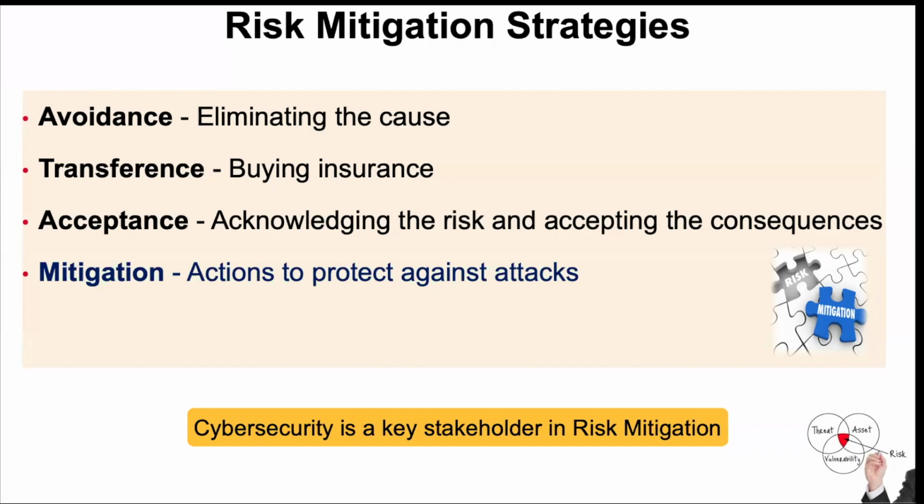Let's say that's not an option. What's my next option? Well, we do what most all of us do. We transfer it. We buy insurance. So now I've transferred my risk to USAA or State Farm or Allstate. Or like I do with my old vehicles, we accept it. You know what? We're just going to park out here and pray to God that we don't have a big hailstorm. Or what we really do in cybersecurity, we try to mitigate that risk. How do I mitigate it? Well, I can get a carport, park my car in a garage. Those types of things. And now I've mitigated my risk. I've reduced the risk to an acceptable level. So as you're looking at your organization, your business structures, that's what we're looking at. You're going to help them through a risk assessment, how to mitigate risk to an acceptable level.